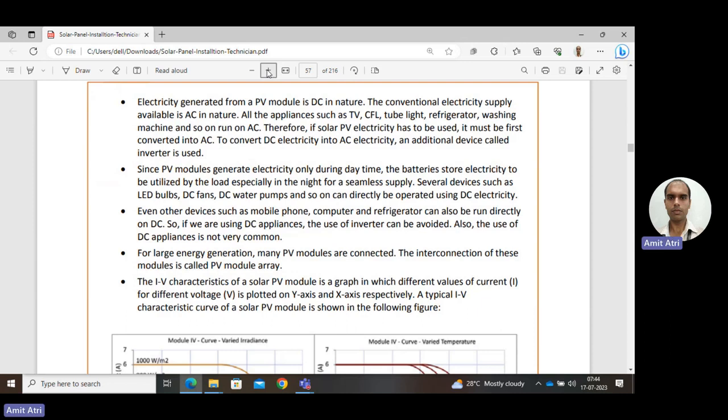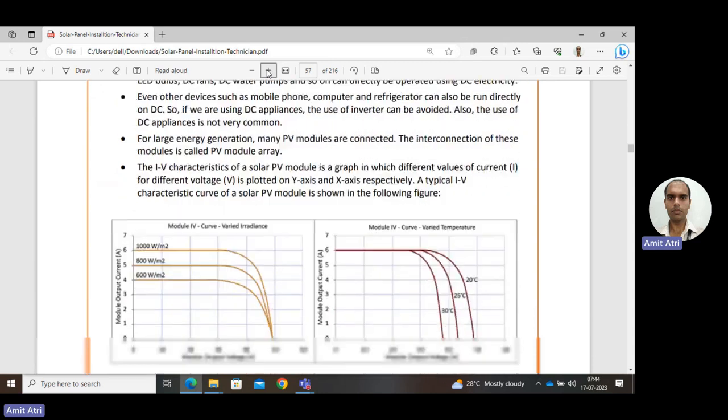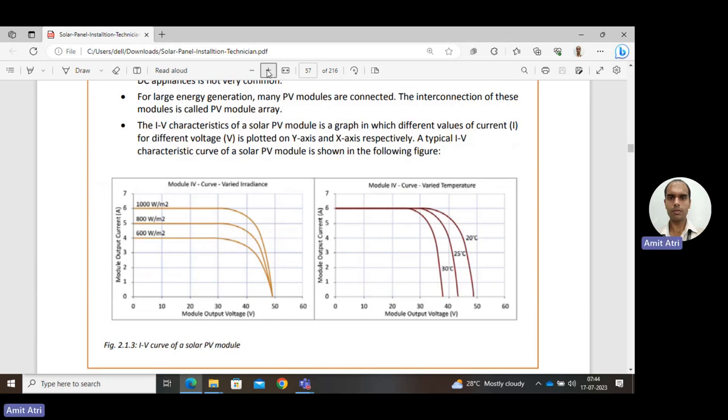Now, we need large energy. One module is not sufficient to meet our requirement, so we need more modules. We need to interconnect them, and that becomes a PV module array, an interconnection of a number of PV modules. And the graph, the current and voltage characteristics of a PV module, is shown